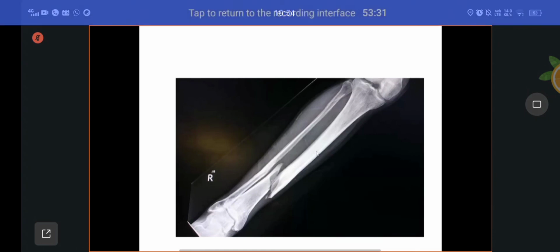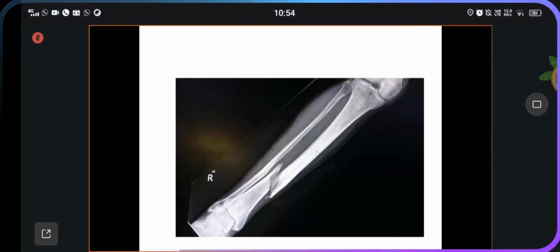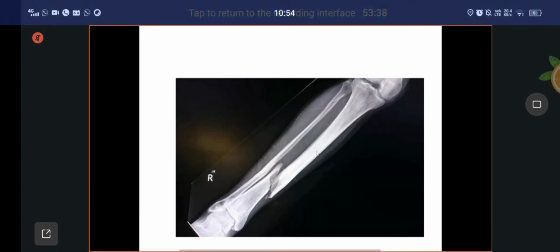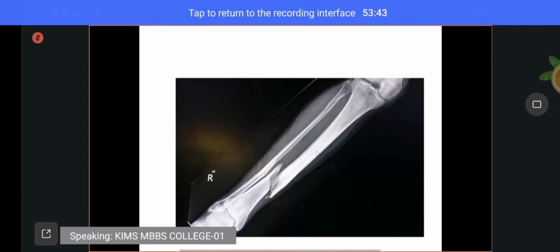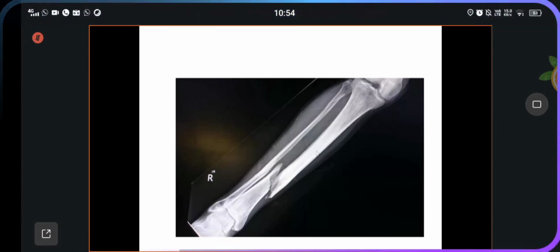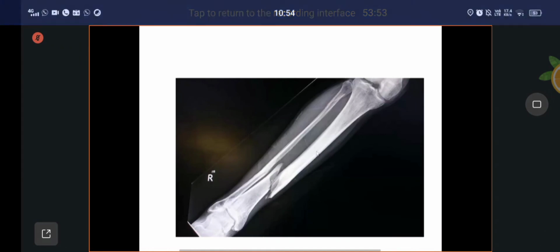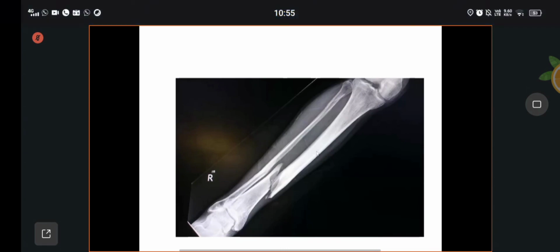But in an X-ray, the direct picture of the structure cannot be seen. Only shadows will be seen. There are two main shadows, one is the white shadow and the second one is the black shadow. The white shadow is called radio opaque shadow and the black shadow is called radiolucent shadow. Any structure in the X-ray, you have to tell them in the form of shadows, whether it appears as a radio opaque shadow or radiolucent shadow.